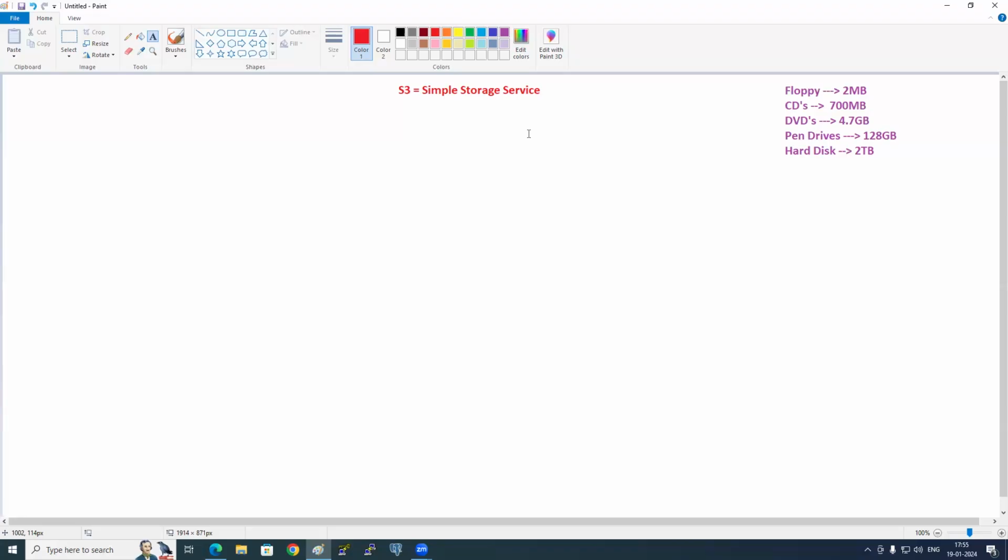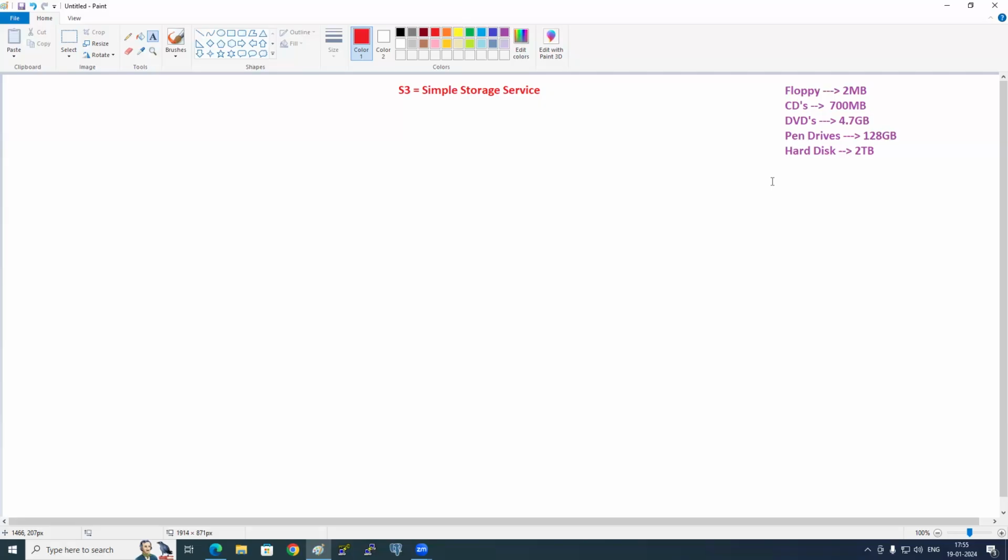Similarly, from AWS, we have a service called S3. And that too, remember, we had a problem with the storage space, no? This S3 is unlimited storage. Your G Drive, how much GB free?